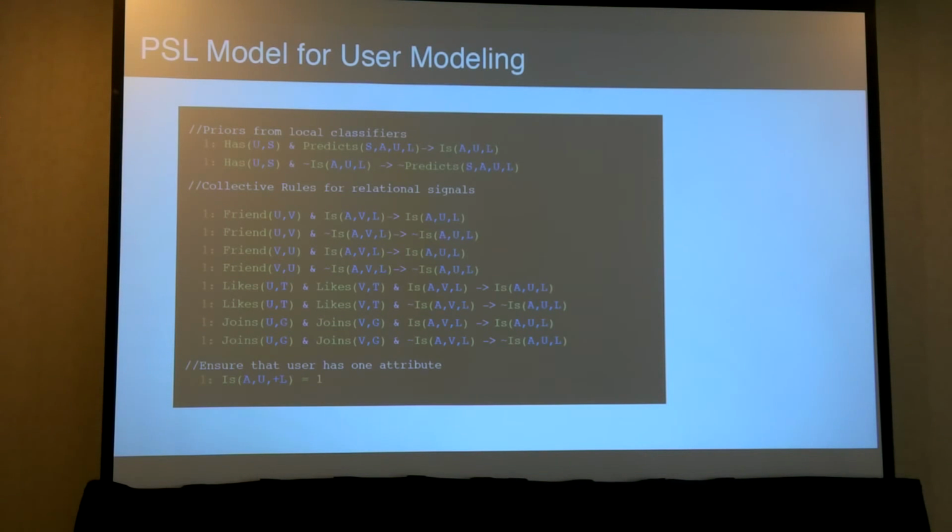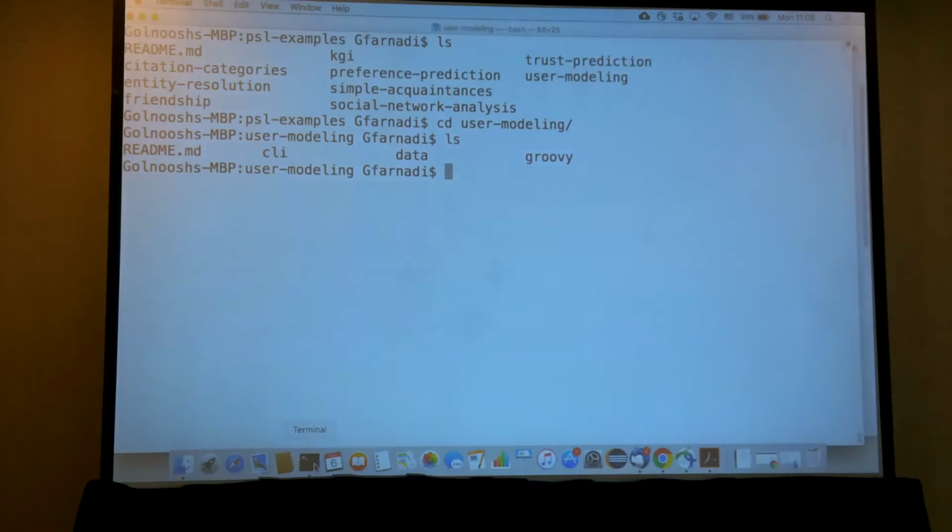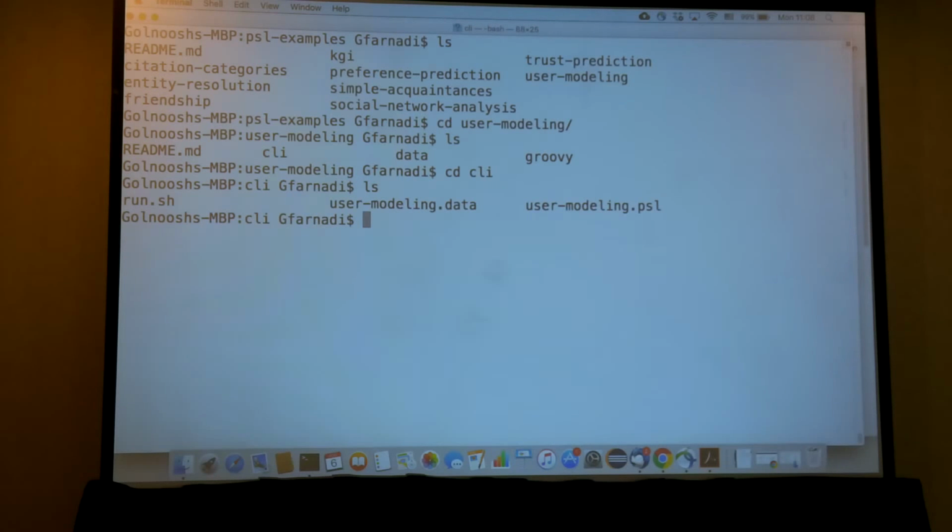I want to ask whether you have already cloned this Git repository. Yes? Okay. So I want all of you to go to this CLI directory. What you can see here is a model, which is user modeling.psl, and we also have the data, which is user modeling.data. So if you open the user modeling.psl, which is a PSL model,